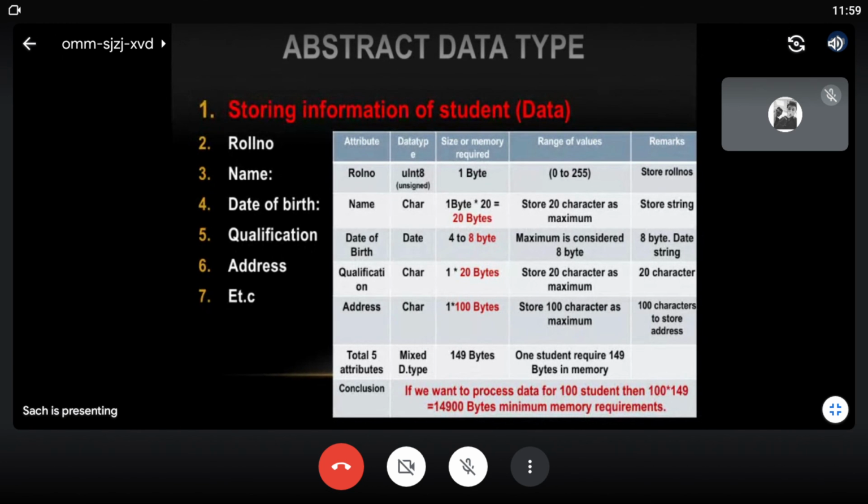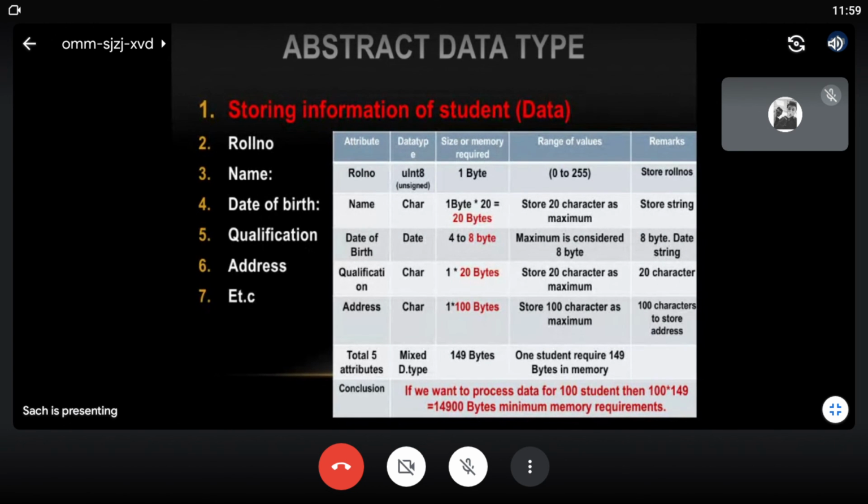So how much is the memory requirement? It becomes very, very difficult. So we need to organize the data in the form of data structures and access the data part by part, so that it will be accessible easily, and we can modify the content or search it efficiently. This is the significance of data structures.